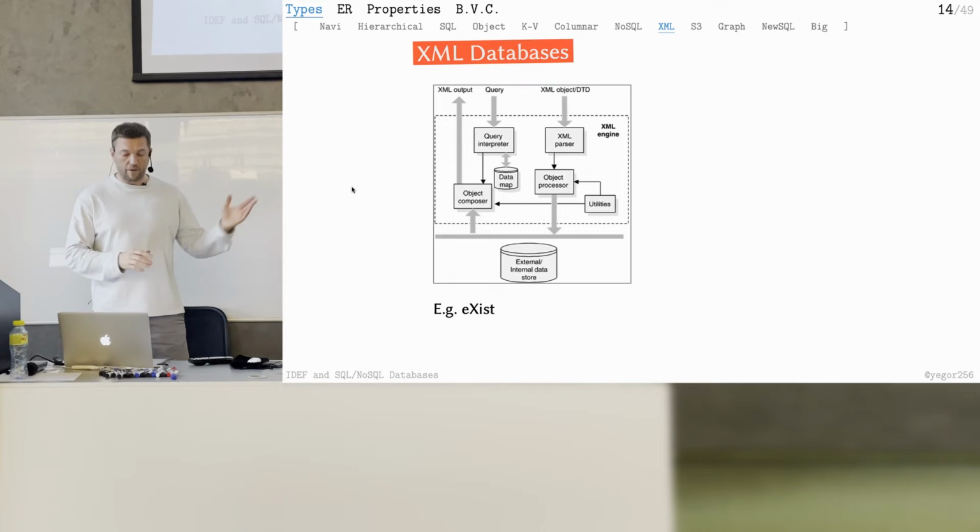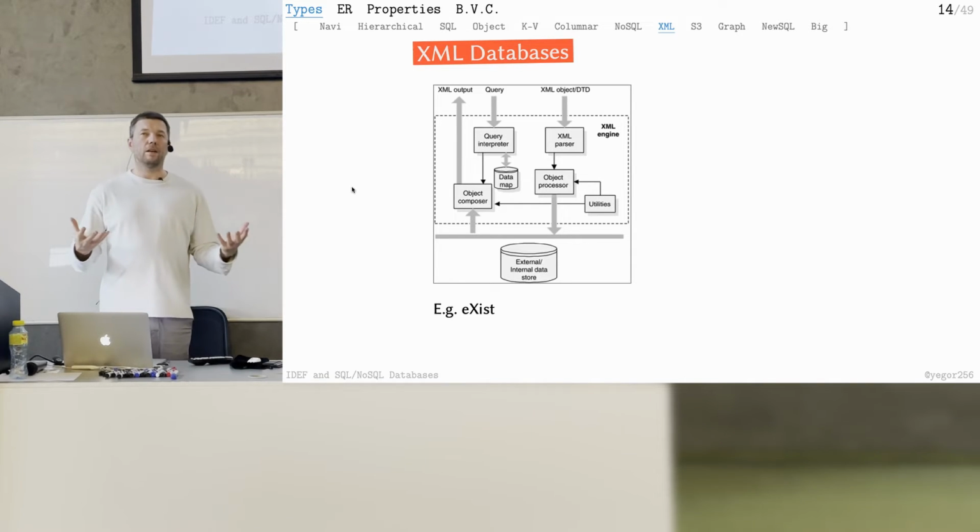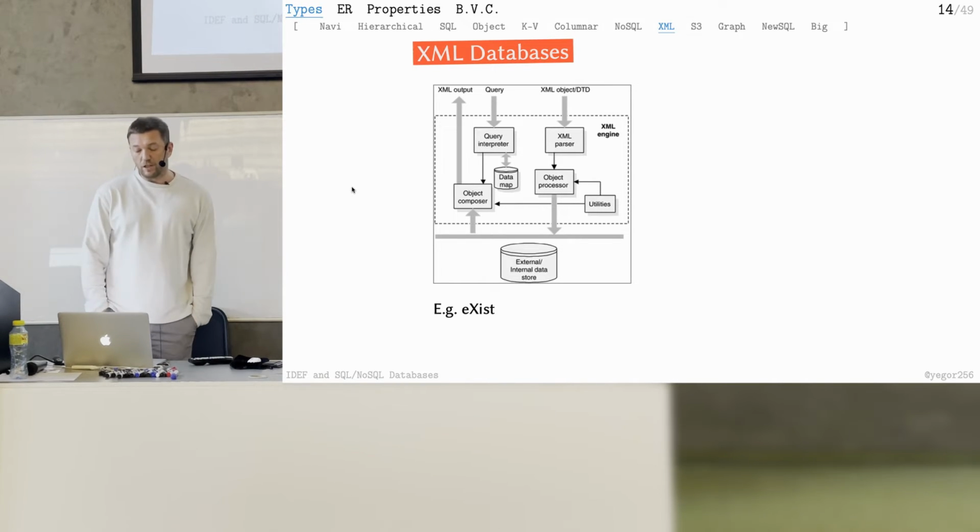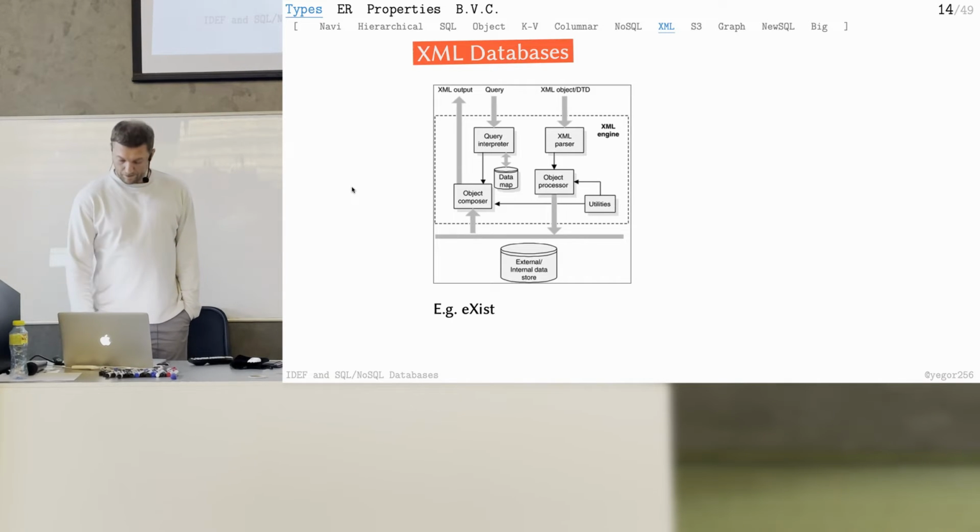But this diagram, I even cannot properly explain this diagram. I was trying to find the right diagram for XML databases, but I didn't manage to. So as far as I understand, everything is in XML, and they are probably disconnected from each other. I don't know how you can connect XML documents, but if you have a large collection of XML documents, then you can consider XML databases.